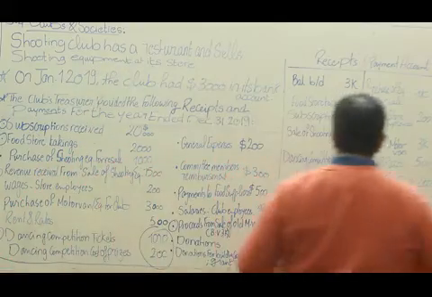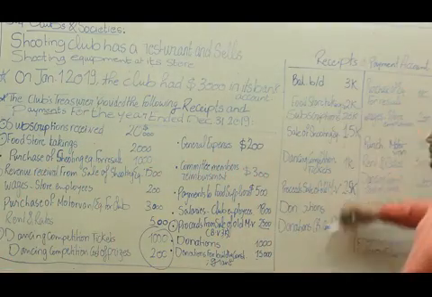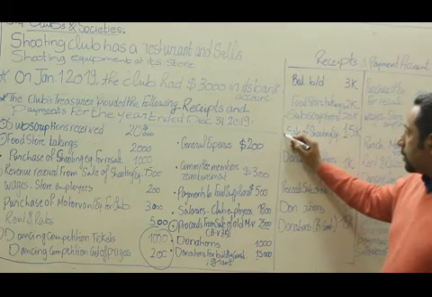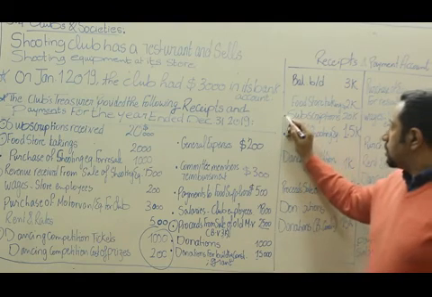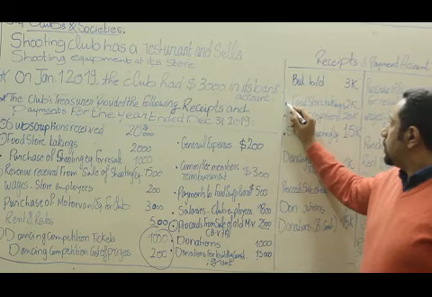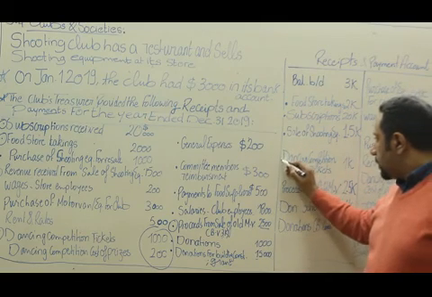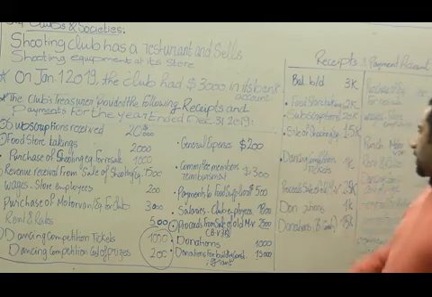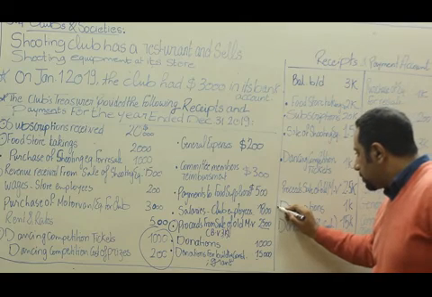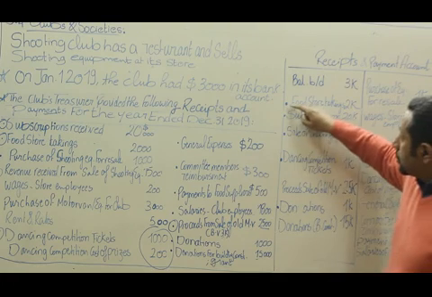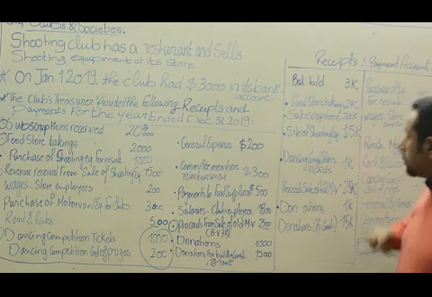So that's why we have on the receipts side the subscriptions, the sale of shooting equipment, which is an activity, the food store takings, another activity here, and the dancing competition ticket, an event, the donations, which is a normal source of income for the club. Those pinpointed items are